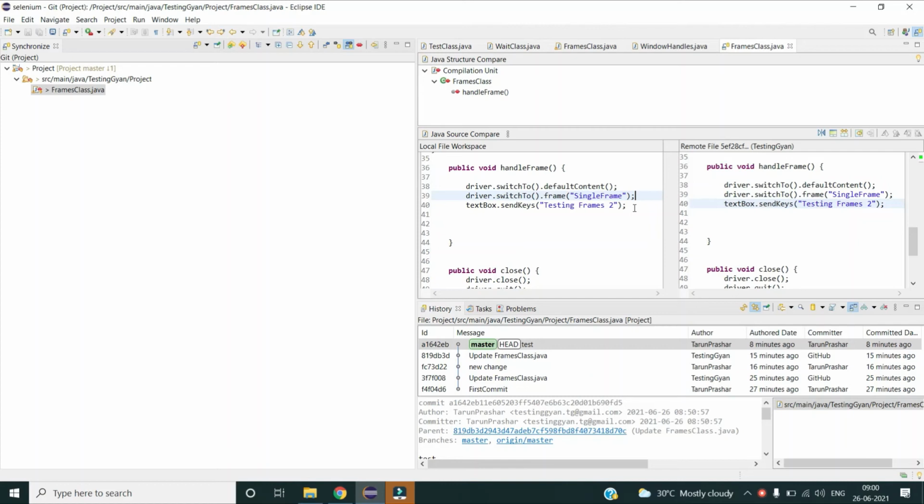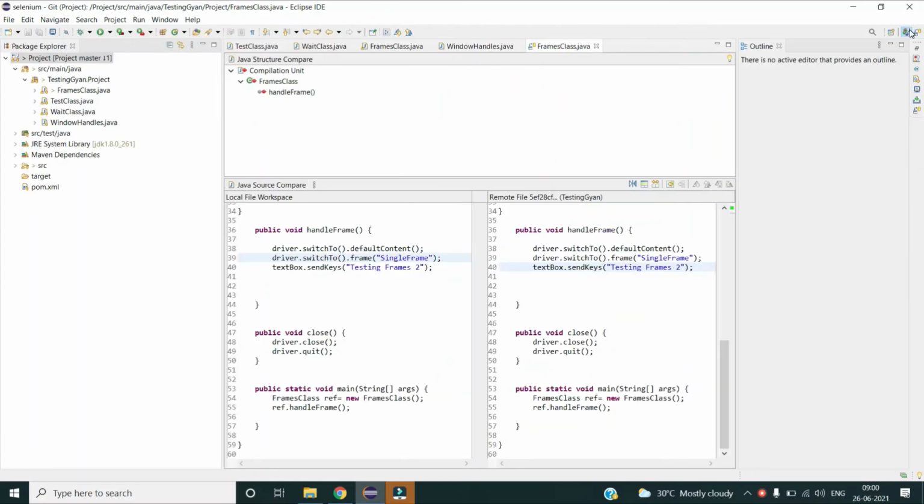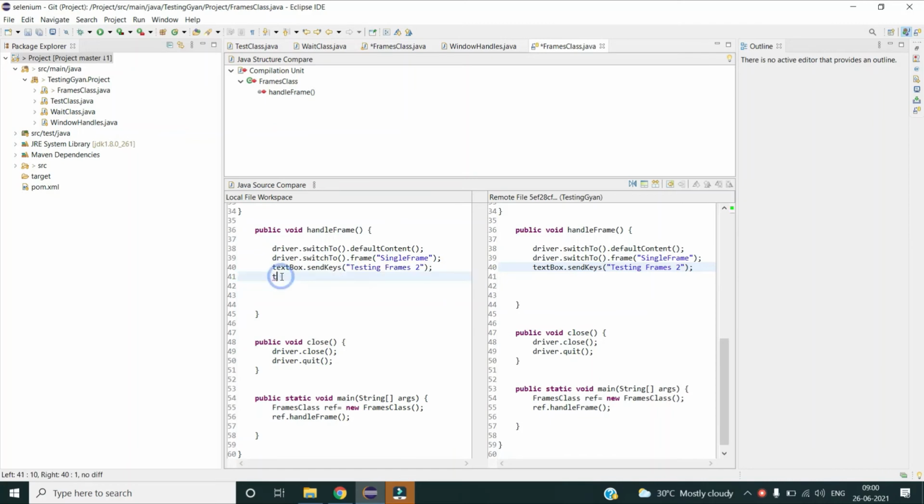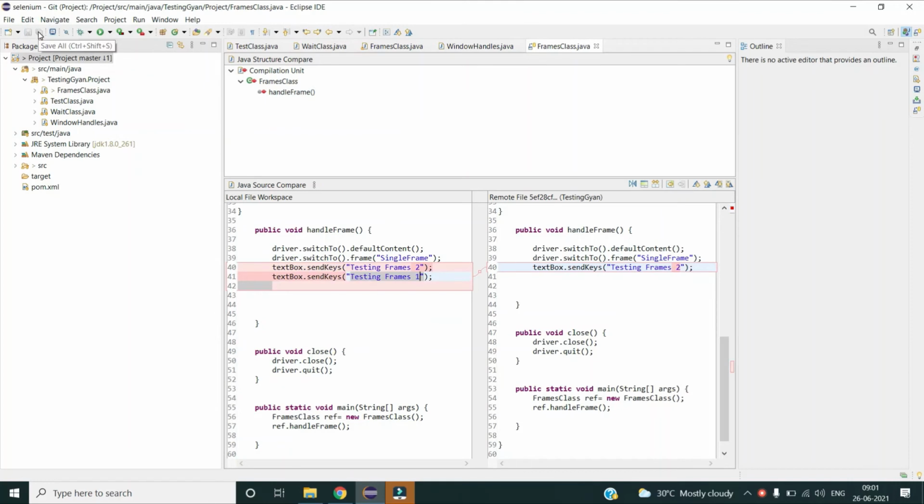Okay, now once it is done, we will follow the same approach which we did in the git bash. We will go to our project view, and then I will keep the backup of my local change. My local change was this one, which I removed. I will enter it again so that I have some local change as well. Okay, so the synchronization view is just to compare and add the changes accordingly. But the real thing is how to resolve the conflict. So we will follow the same approach.